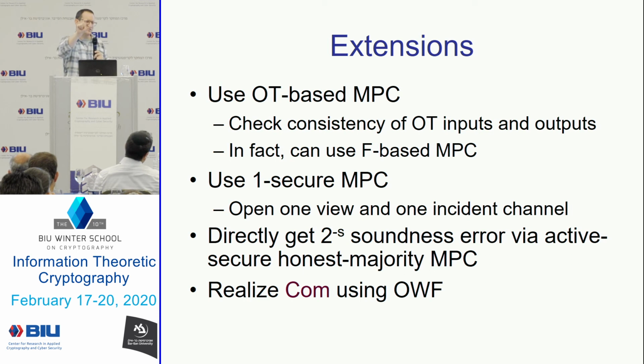Then if the verifier opens both I and J, it will reject. So the prover has two strategies. Either to commit to views that induce a graph that has a small vertex cover, say of size n over 10. If the graph has a small vertex cover, it means that these views can be explained by n over 10 malicious parties,